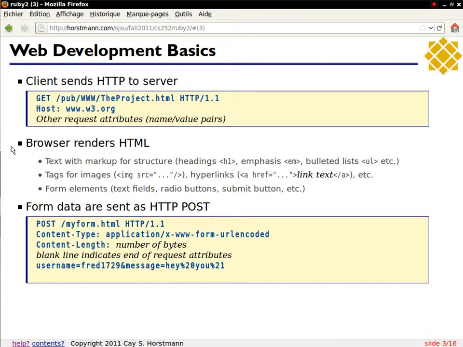It'll then have the content length, might have a bunch of other attributes, and then it has whatever things were in the form. This form had a field with an ID username and a field with the ID message. The user put in Fred1729 as the username and "hey you" as the message. All of that gets munched together in this URL encoding, which means